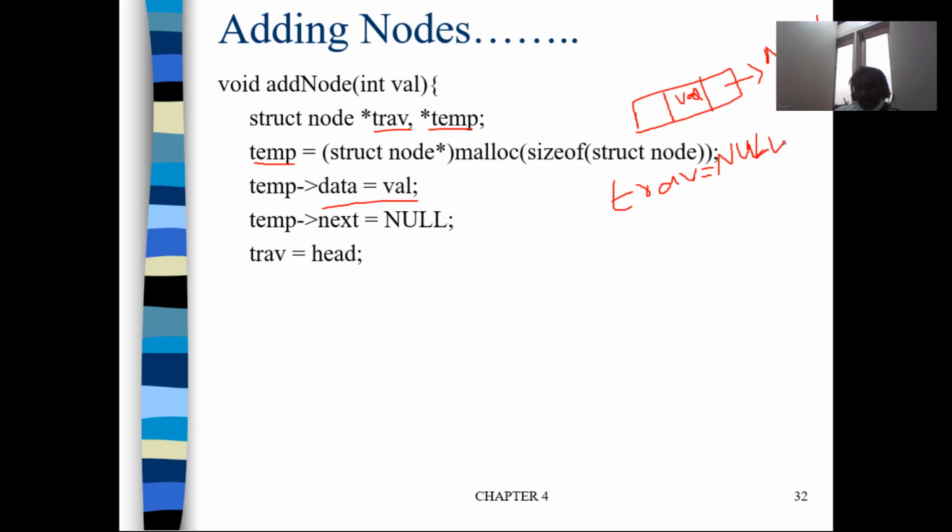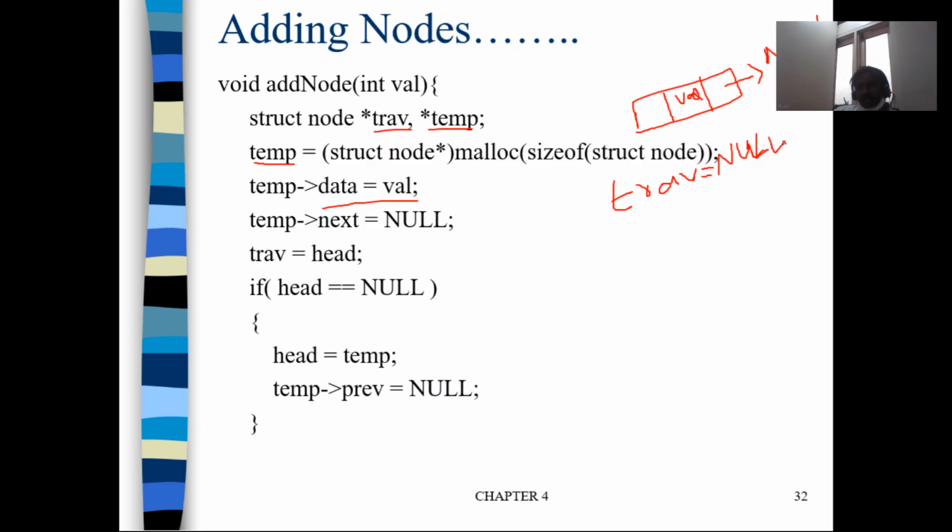It is null. Then you created a new node, but there are two cases. One is adding if this is the first node, then the logic to add is different. If this is any other node, then the logic to add is different. So how do we check whether this is the first node or not?